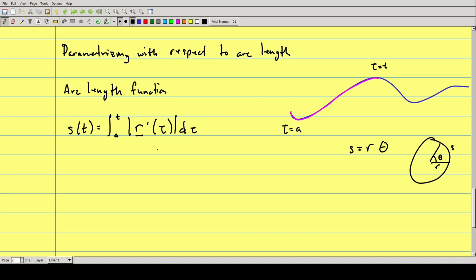Okay, so what will happen is I will get some formula that depends on t as a result of computing this integral, and then that will be a function of t, and then I can relabel and use s and figure out what s is in terms of t, and then rewrite my vector function using the variable s instead of t. So what that would look like